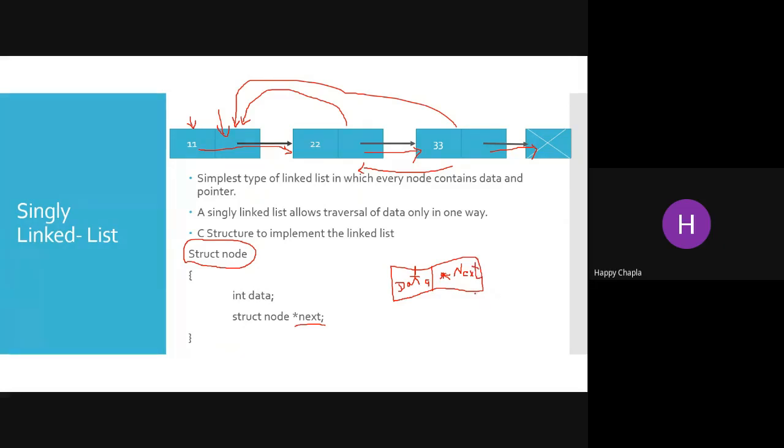Okay, so now if you want to insert a new node, say for example this is my node 11, and the address of this is 205. Now if I want to create one more node to store 22, just write struct node one more time. It gives you one more structure. This is my structure having two portions. The first portion is for an integer type variable, that is the data part, which can store 22. And the address of this node is 210.